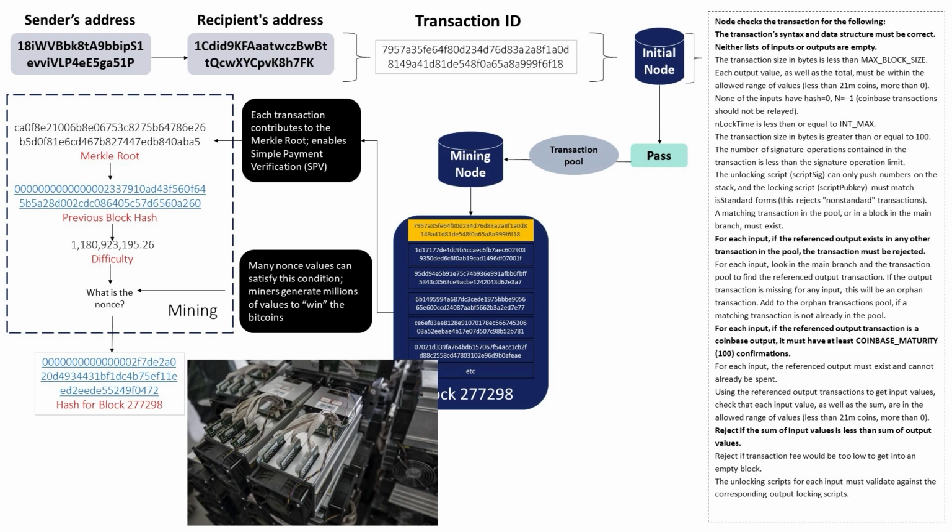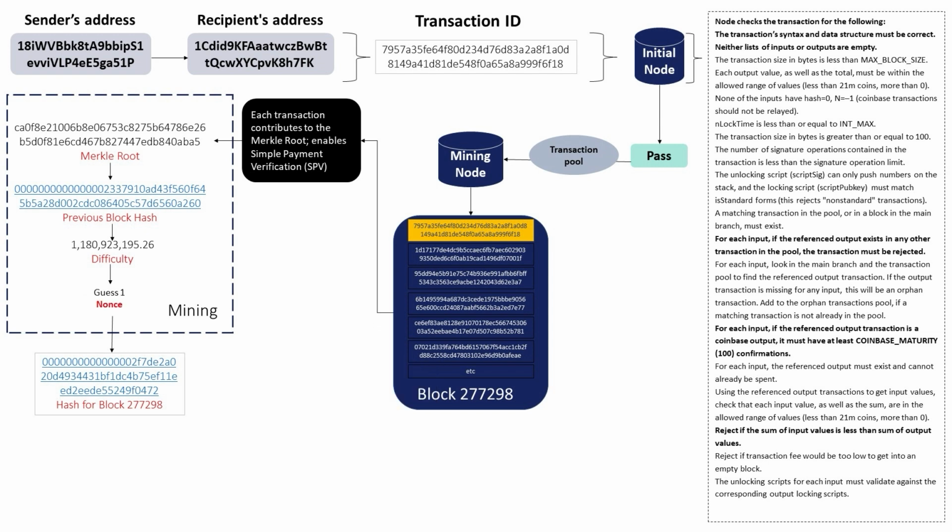The hashing process involves guessing a nonce, combining the Merkle root, the previous block's hash, and the difficulty level. This process is essentially brute forcing, repeatedly trying until the correct hash is found, signaling successful block mining. The process is energy intensive, and the first miner to successfully hash a block wins the reward. In other words, this work is costly. That is why this protocol is called proof of work. It ensures that the miner follows the protocol properly, otherwise they will have spent money on electricity and received nothing